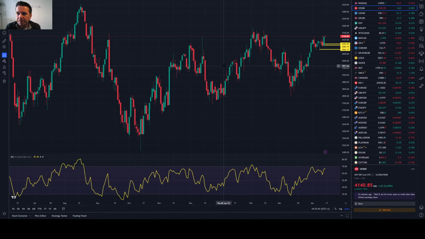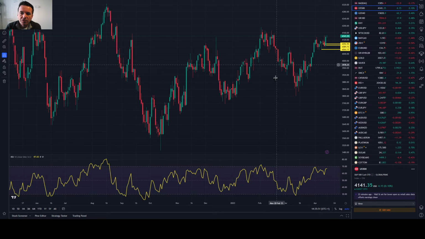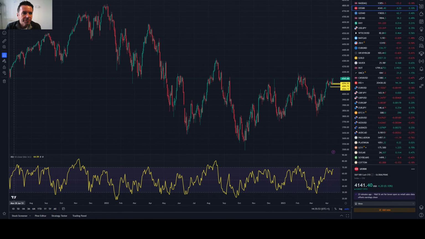I'm long the S&P. I bought the dip on Wednesday of this week, so I'm wondering what sort of close we'll get today. Maybe we'll get a strong close today. Let's see what happens. But overall, nothing much has changed for me from a US stock market point of view. I think we are in recovery mode for US stocks. From a medium term point of view, I'd be a buyer of the dip.